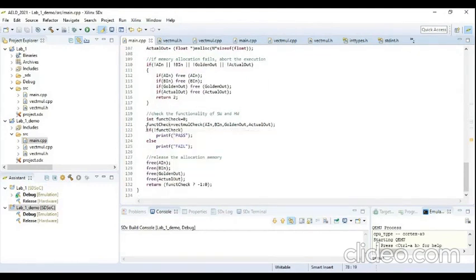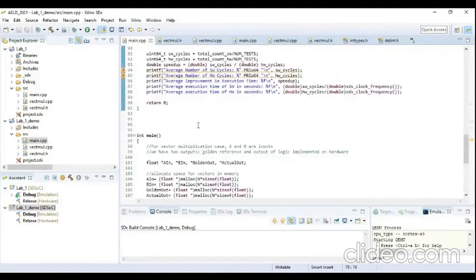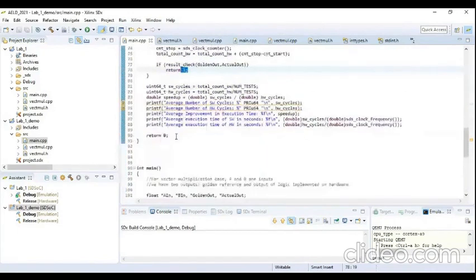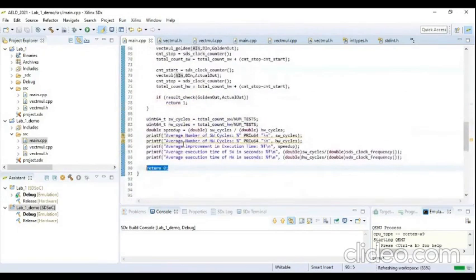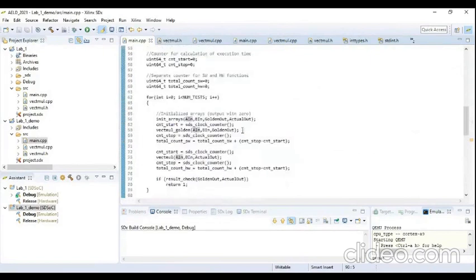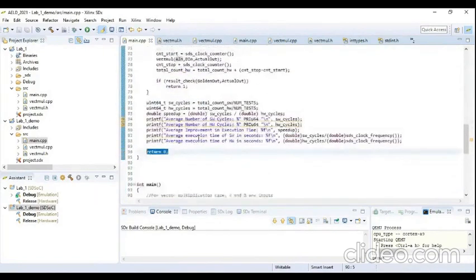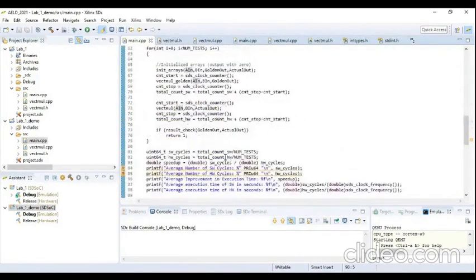Here we are initializing the function check. This function check will return 0 if there is no error, like our actual matches with our golden.